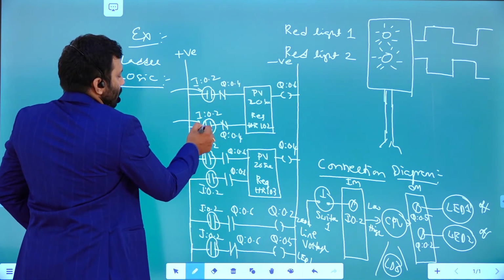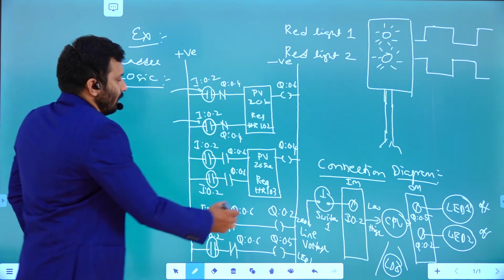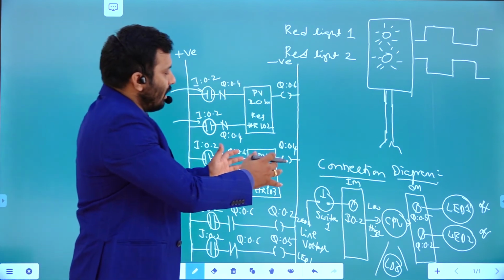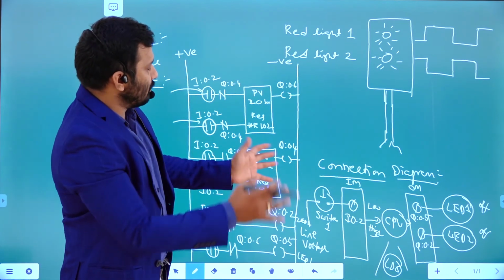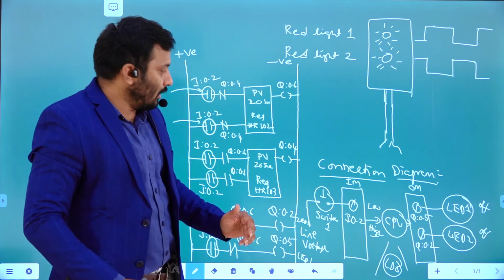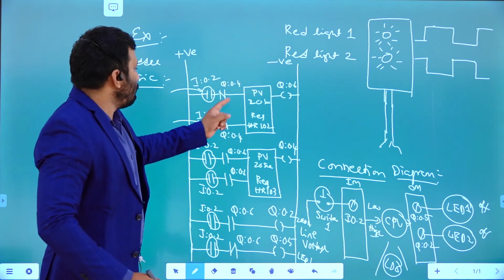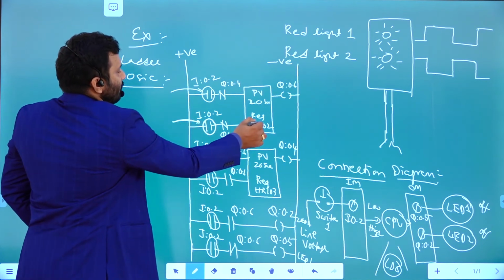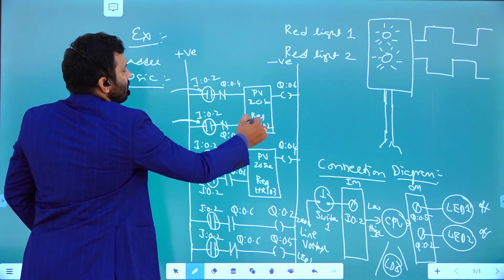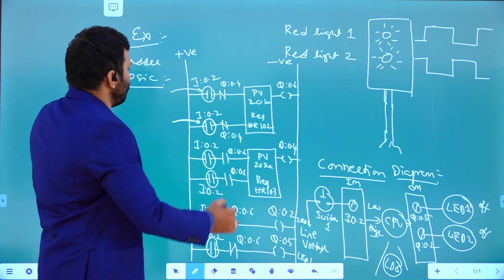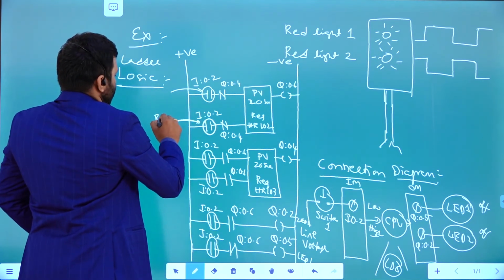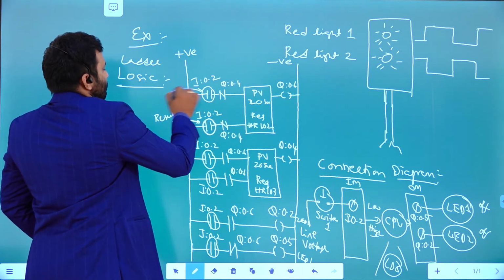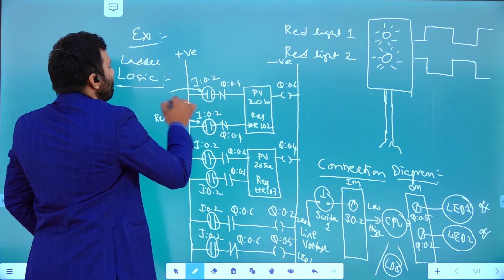Whenever this is activated by taking a high signal from this particular terminal, or by taking a high value in the input image block corresponding to this terminal, in the CPU you wrote this particular logic. Whenever this is high, what will happen? This holding register 102 is going to be reset. At the same time, this terminal is to reset, and this terminal is used to run this particular timer.